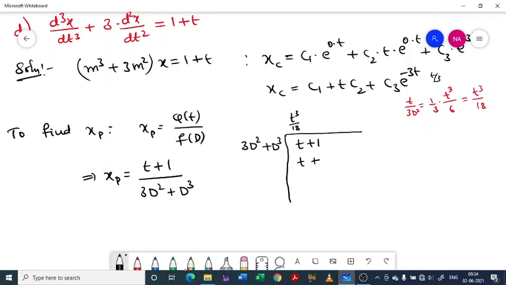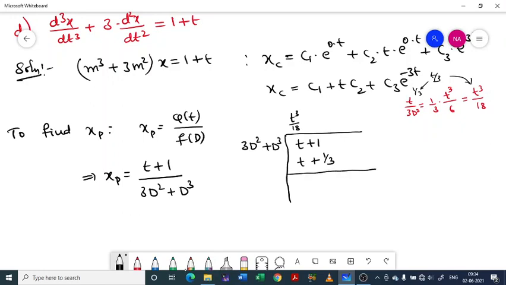ಹೌದಾ? t by 3 ನ ಎರಡು ಸಲ ಇಂಟಿಗ್ರೇಟ್ ಮಾಡಿ ಬಂದಿತ್ತಲ್ಲ. ಸೊ ಈಗ ಎರಡು ಸಲ ಡಿಫರೆನ್ಶಿಯೇಟ್ ಮಾಡಿದ್ರೆ ಇದು ಬರುತ್ತೆ. ಈಗ ಮತ್ತೆ ಇದನ್ನ ಡಿಫರೆನ್ಶಿಯೇಟ್ ಮಾಡಿ. So it will be 1 by 3. So that actually you get 1 by 3. Or take t cube by 18, differentiate it 3 times. Check whether you get 1 by 3.